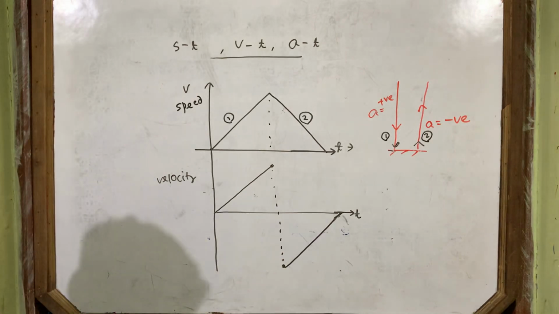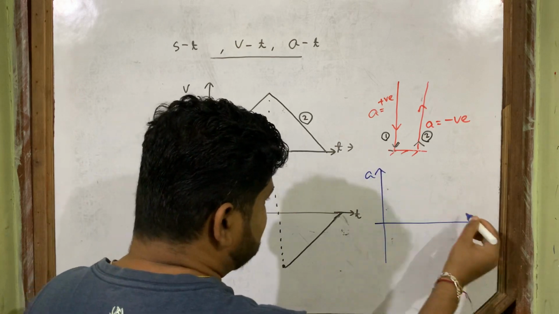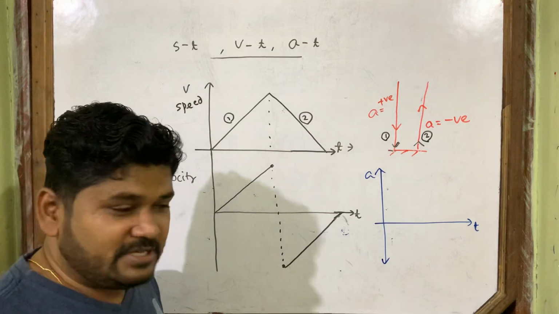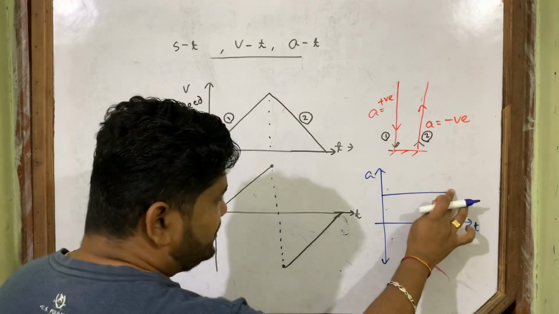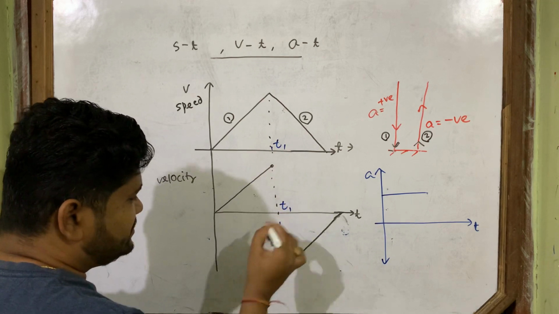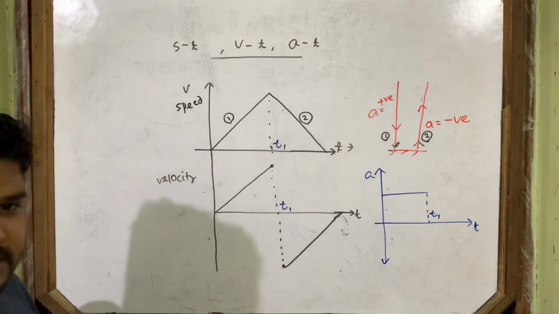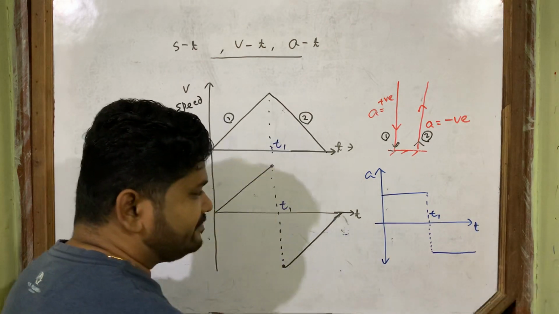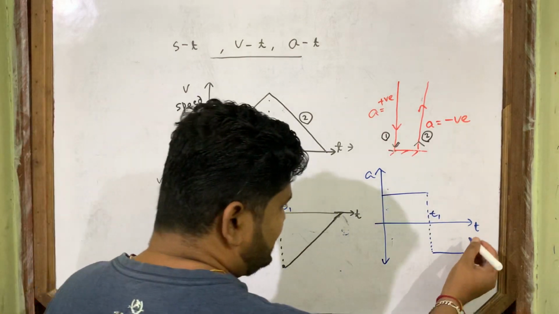Let's draw the acceleration time graph. Without any delay, we'll draw it. The acceleration time graph is very easy because it is uniform acceleration, a freely falling body. So first, if you take the acceleration as positive, up to some time, take this time as t1, it is positive acceleration, and after that the acceleration becomes negative. If you take this acceleration positive, you have to take this negative, up to the last time t.